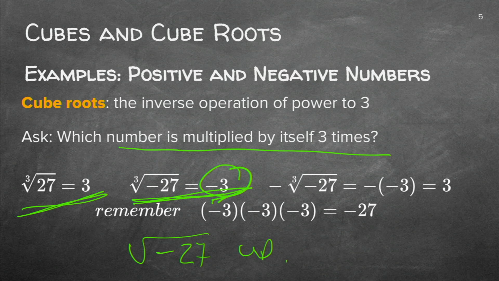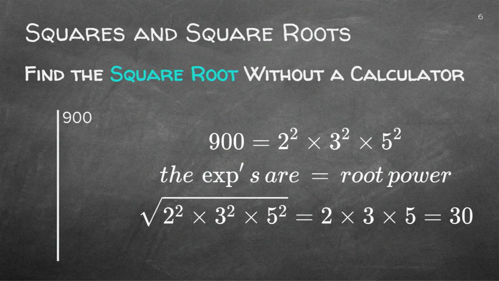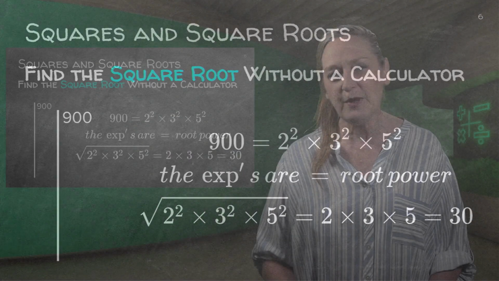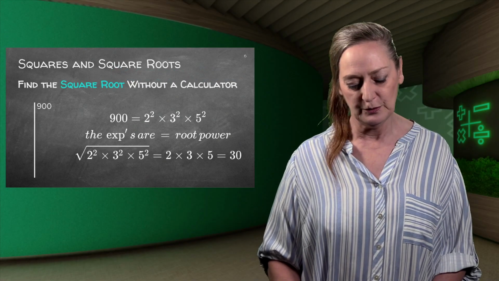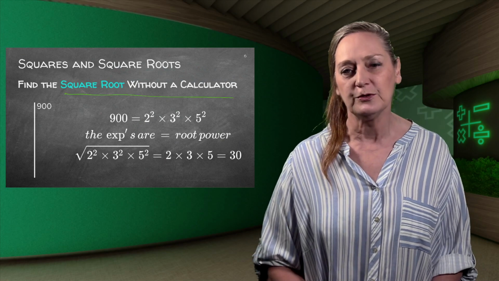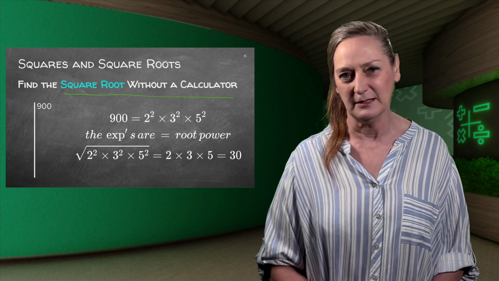Here you can get it again. There's your answer, minus 3, but there's a minus outside. And now we do the multiplication. Minus times minus 3 is 3. First the root, then the multiplication. That's BODMAS.